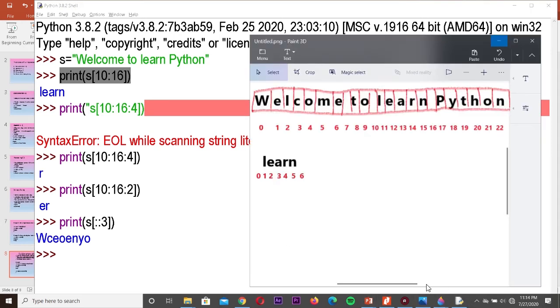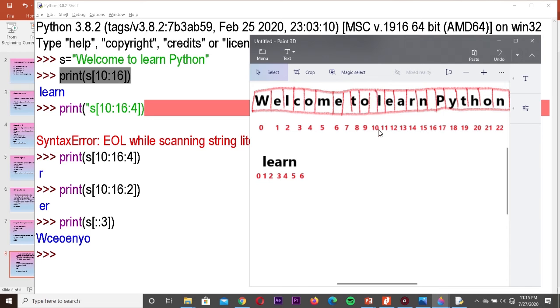We shall see this. See, welcome to learn Python. The index position starts from 0 for the letter W, 0, 1, 2, 3, 4, 5, etc., up to the last character, which has the index 22. So the first one, s of 10 to 16. From here, 10, there is a space.